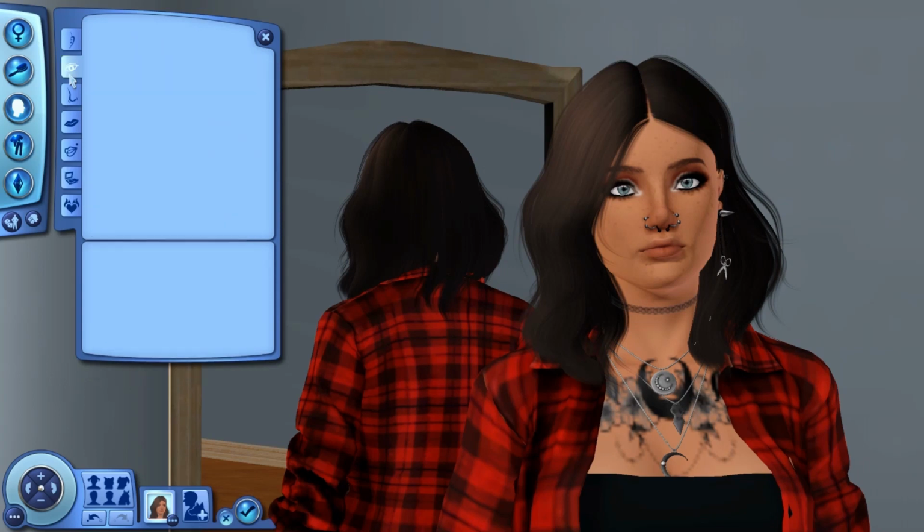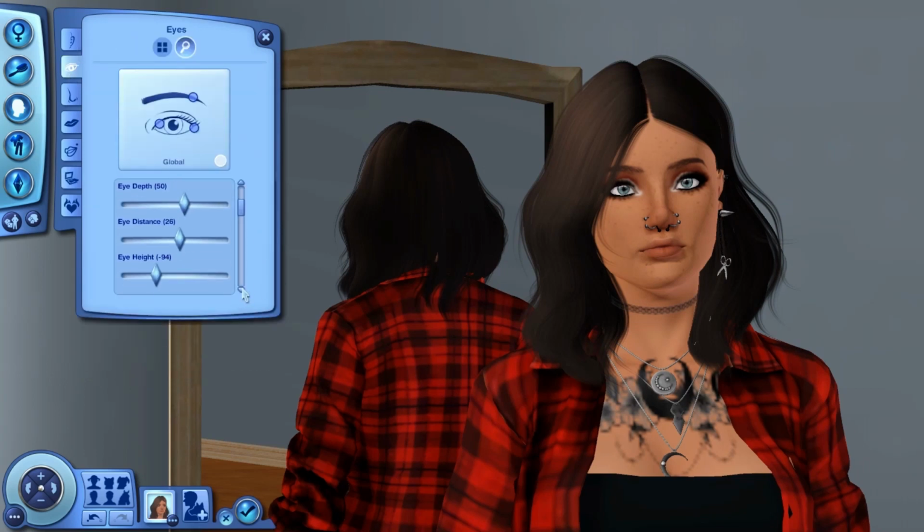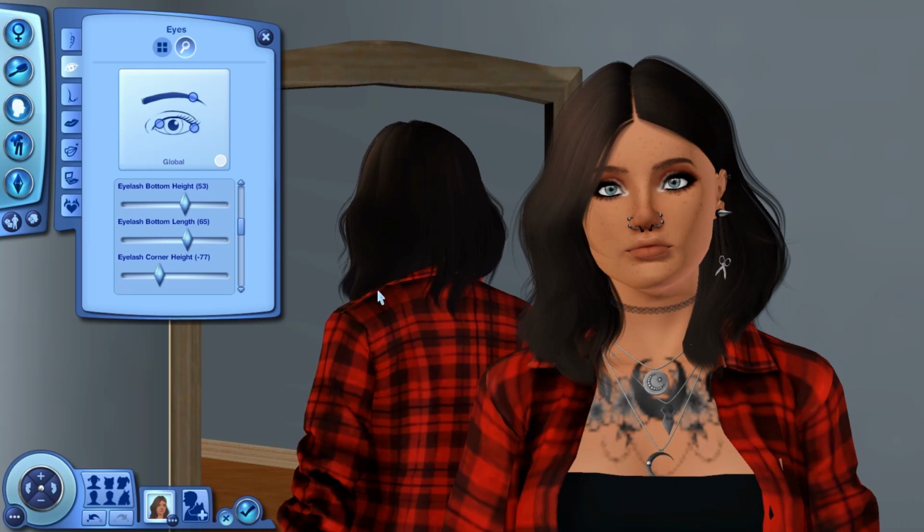So right now I'm going in and adjusting where the eyelashes are sitting. Now I don't know if I had layered too many things or if accessories were glitching with it, but the lashes weren't as clear as I would like them to be, which can happen if you have too many things.